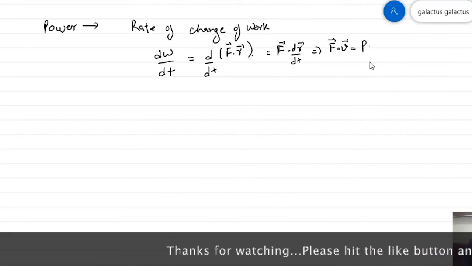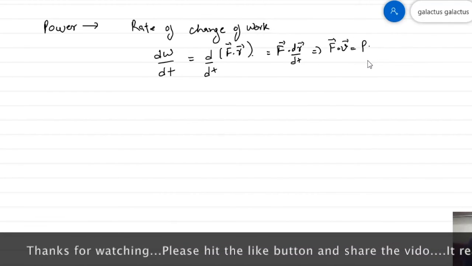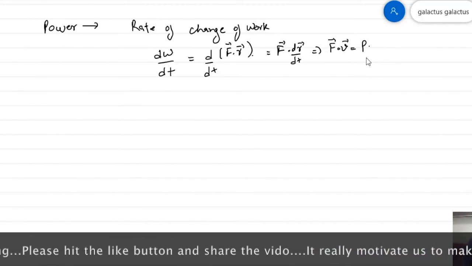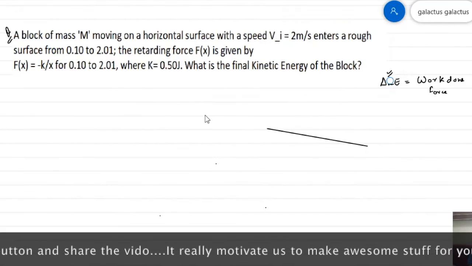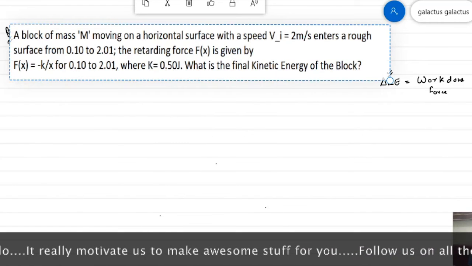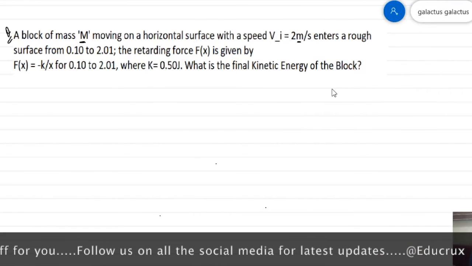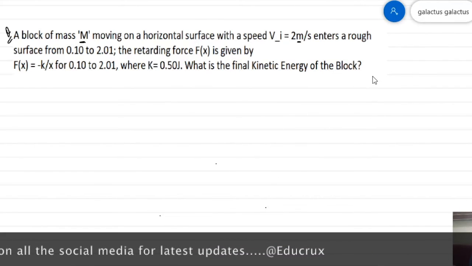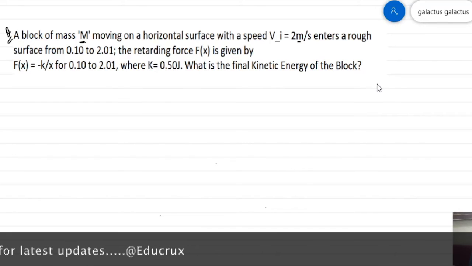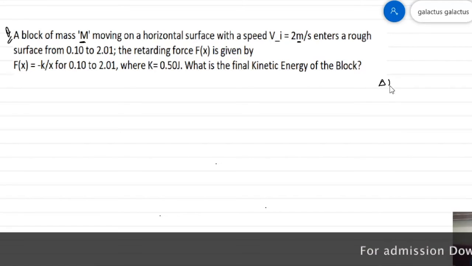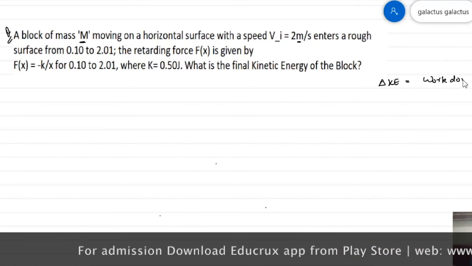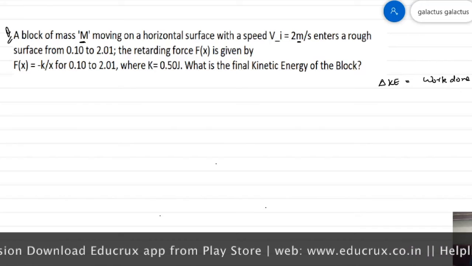We will solve one example problem to see how we have to apply the work energy theorem to solve problems. So we'll now solve this question and learn how to apply the concept of the work energy theorem. To remind you once again, we discussed the work energy theorem and the general definition of work done in the previous lectures, and we learned that the change in the kinetic energy is equal to the work done by the force F.